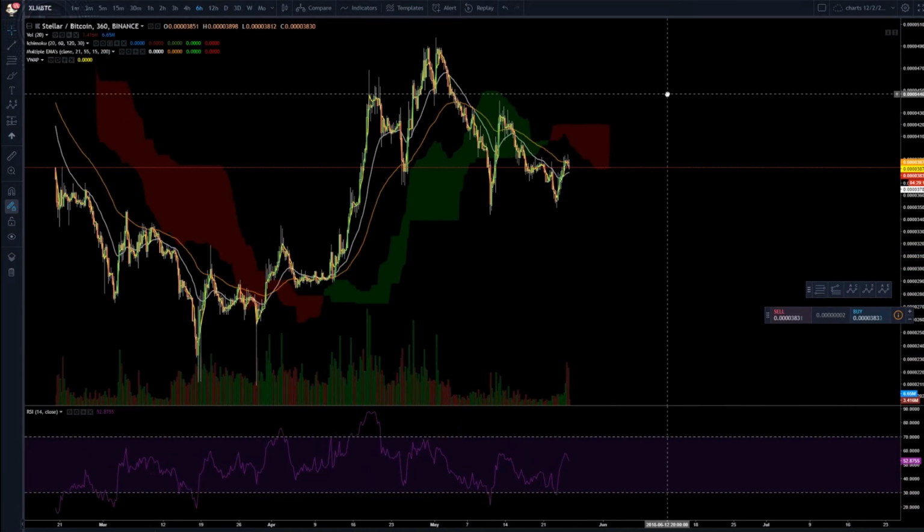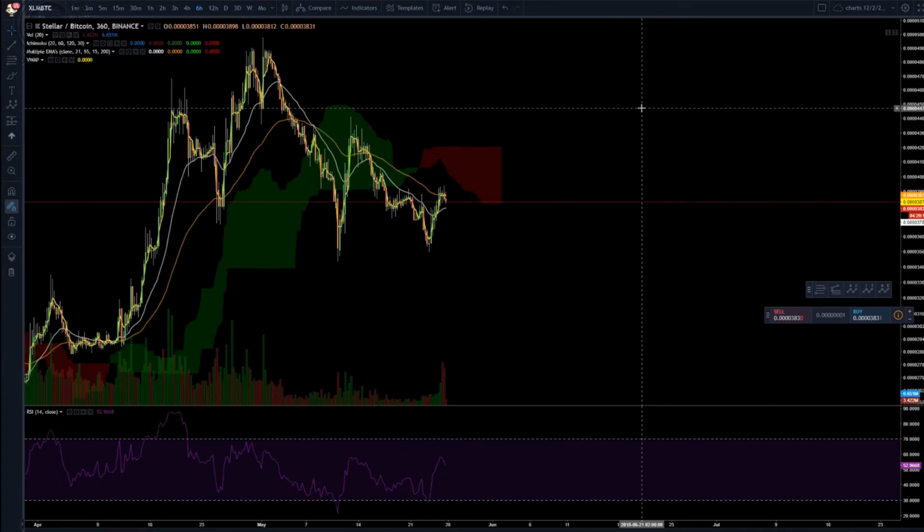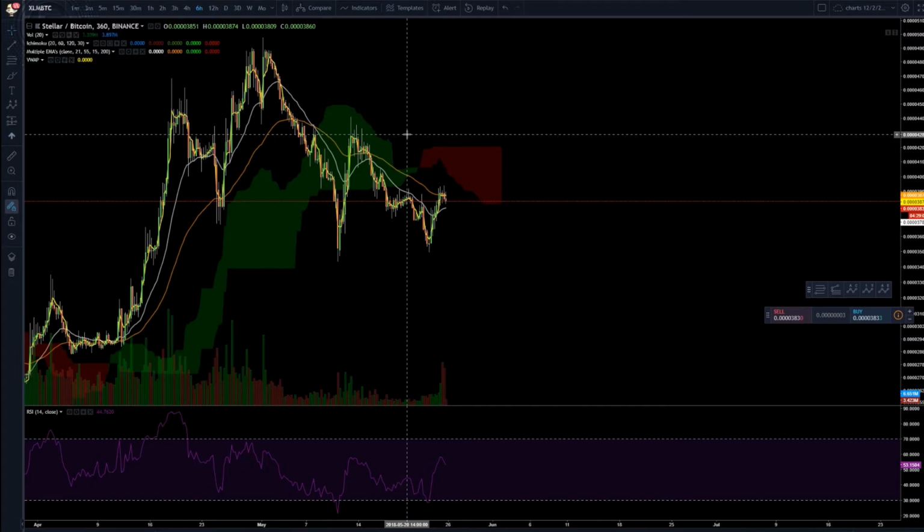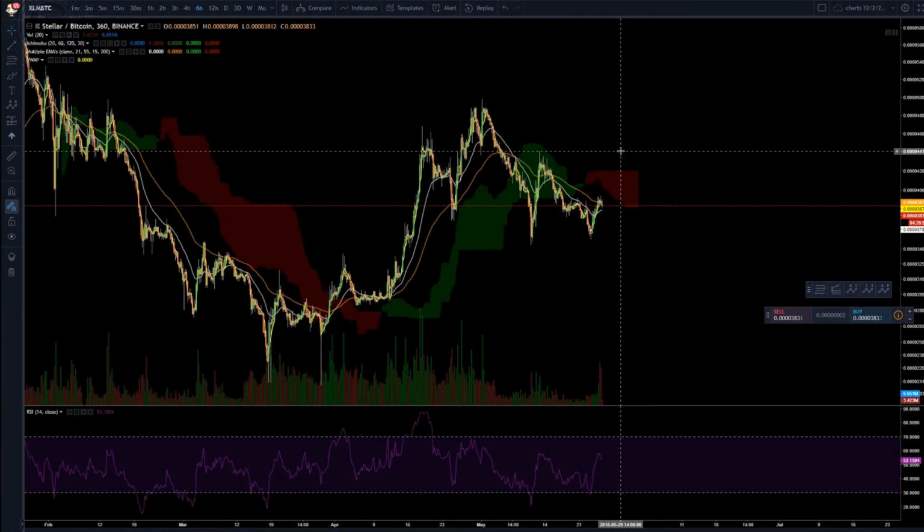Stellar, guys, Stellar to the Bitcoin. All right, so Stellar is under the 55 EMA, but above the 21 EMA on the 6 hour. It's, however, under the 6 hour Ichimoku Cloud. So it's showing kind of some signs, but